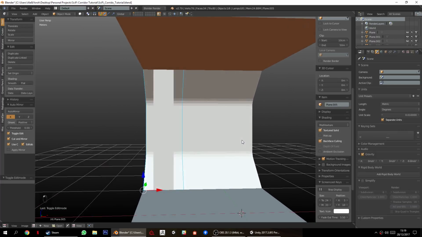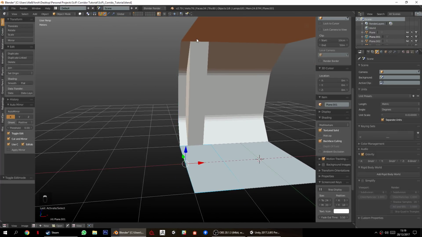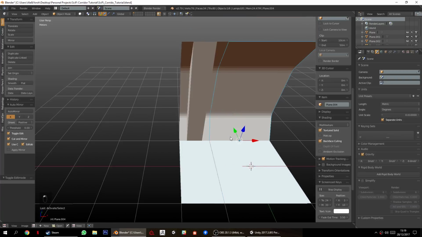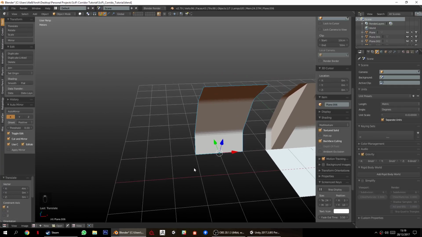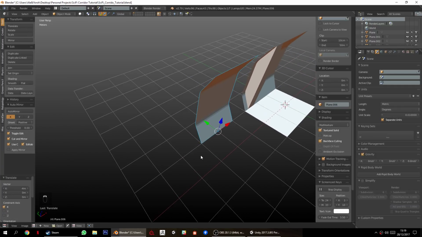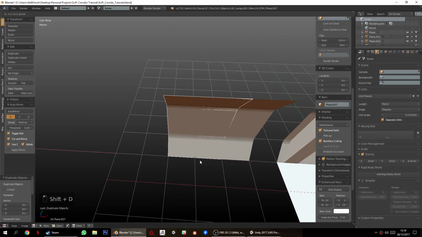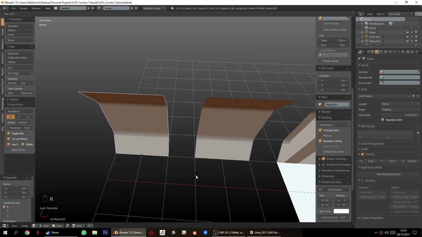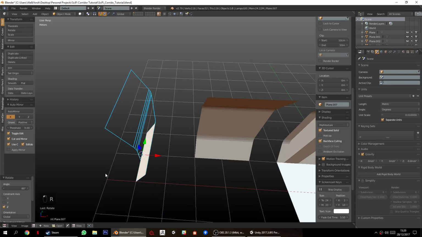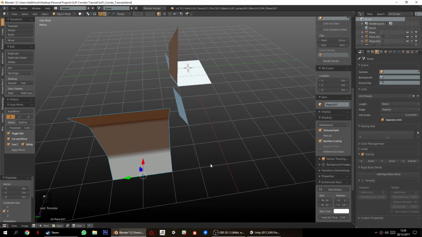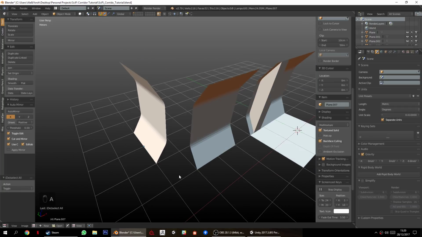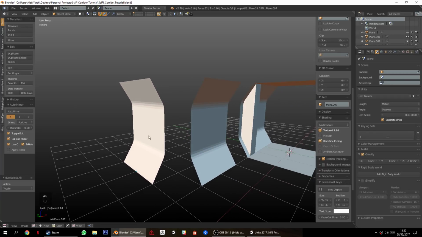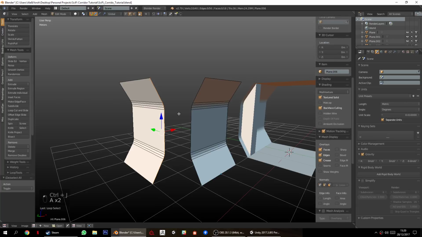And I guess we need to have the ceilings. So the only one we're missing is the corner. For that, I'm going to duplicate the wall, bring it over here maybe, and duplicate it again. I'm going to rotate on the Z-axis this piece. You'll get what I'm doing in a moment. So here, this is the gap I want to fill with the corner. So I'm going to join these two, then select this edge,